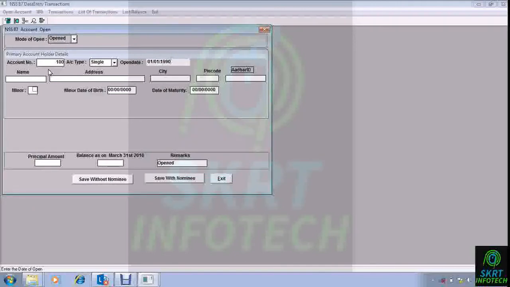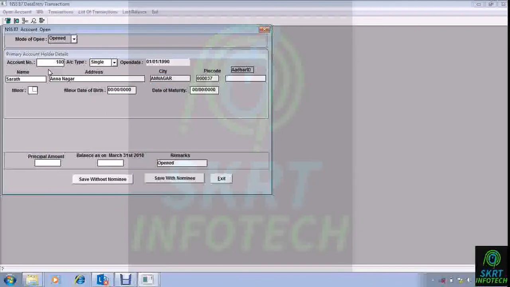So 90, and then name of the customer, let's take my name. Address is NC, city, and everything is getting populated automatically.